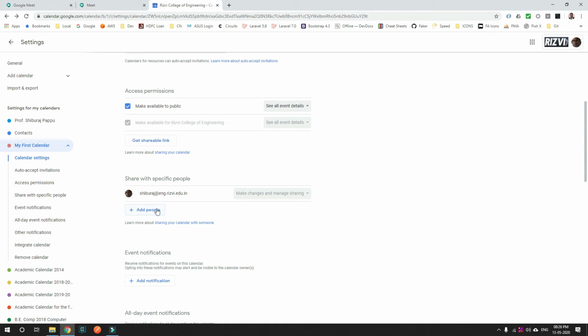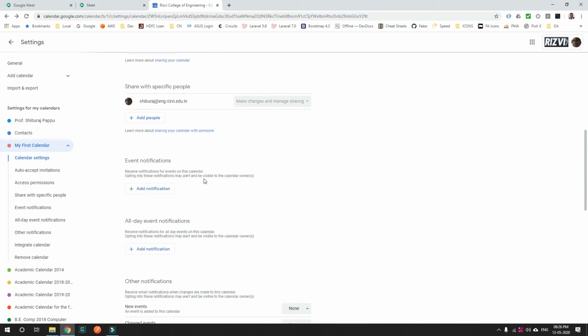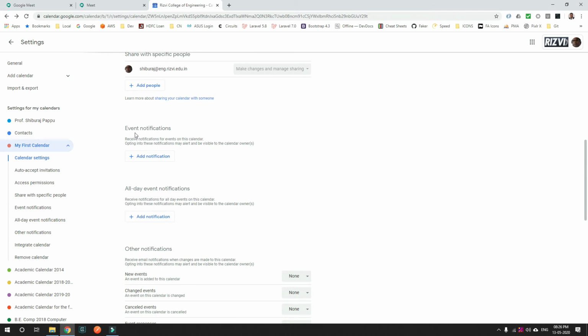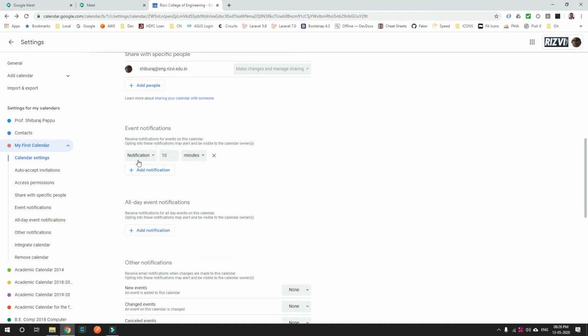Okay, so you start adding people in your organization one by one, and they will also have access to add events to your calendar. Then very important is the next part, that is the event notification. Now event notification is used to notify the users about any events that you have added to your calendar. Okay, so now if you click on this, just click once, you will see there are two types of notification